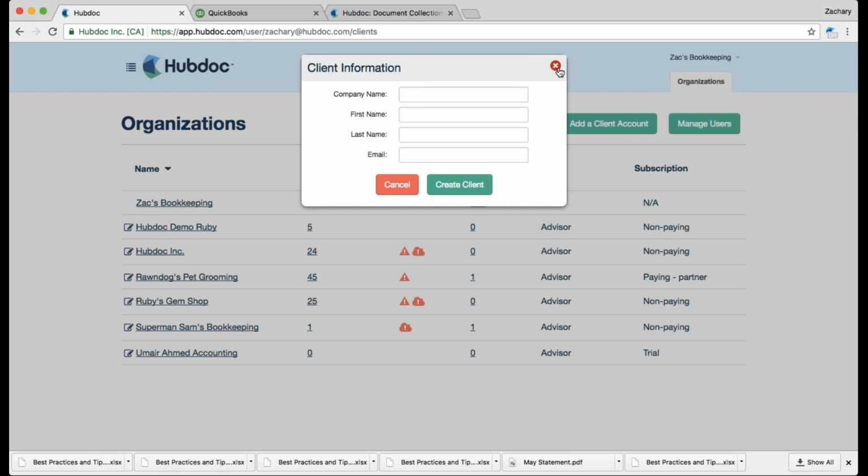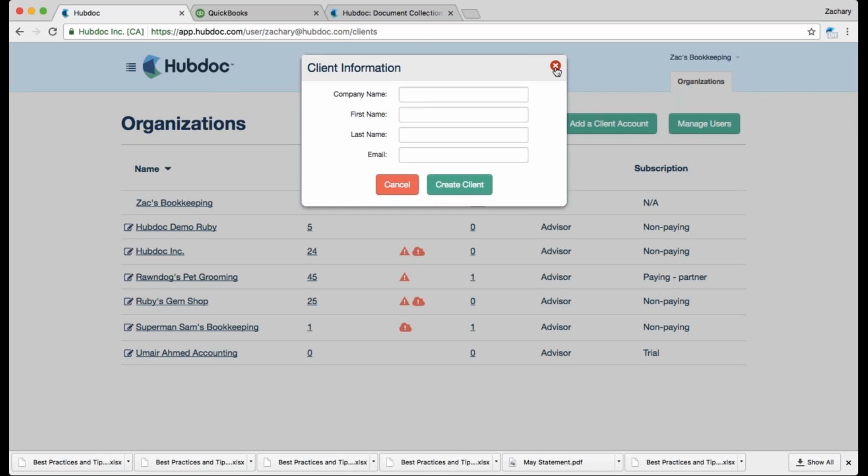I should note that when you add new clients, they will be added onto your billing cycle. So if your invoice date is August 1st and you add a client on August 8th, you will not be billed for them until your next bill date, which is September 1st. If it is your first client that you're adding, it will prompt you to enter your billing information, and that will set your bill date